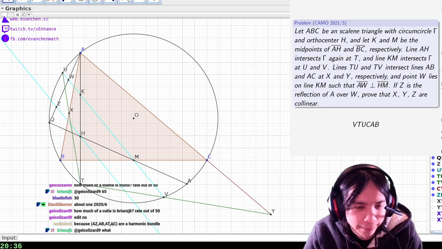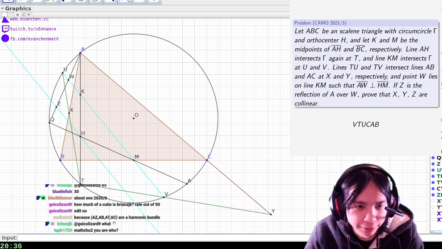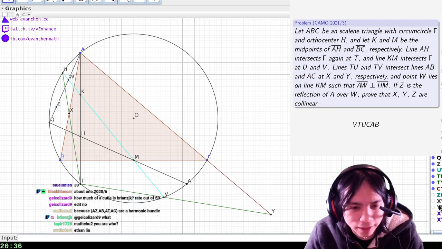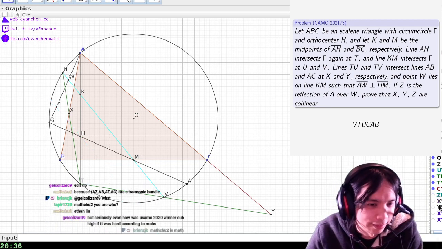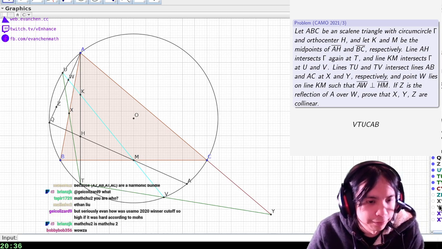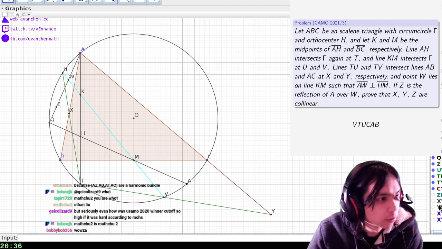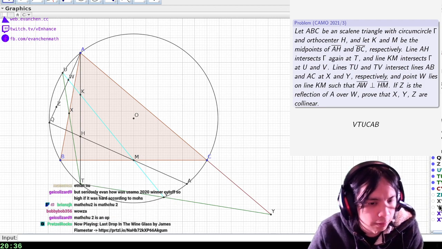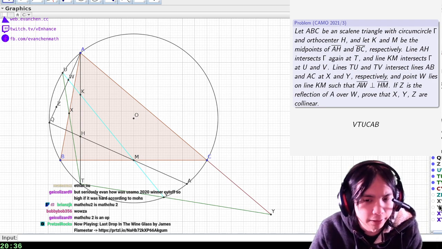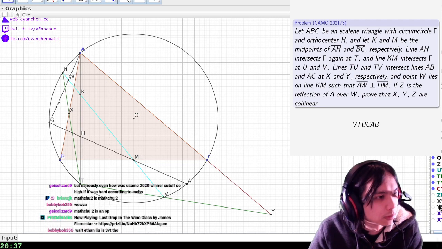We are getting somewhere. So we're gonna redefine Z prime as XY intersect AQ, alright? So we want to prove the light cyan thing is parallel. Ah, this kills X and Y. Great, this is great. So redefine Z equals XY intersect AQ and claim that Z prime H is parallel